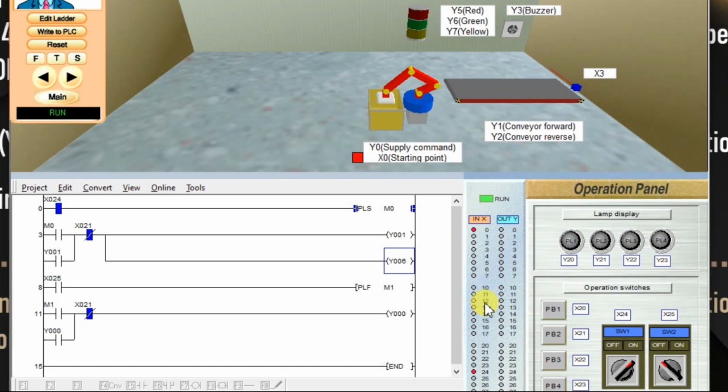So this is the example using pulse type rising and falling edge instructions. You can write the PLC program as per your requirement. We can use either input contact type rising or falling edge instructions, or output pulse type rising or falling edge instructions. This is the same example. We created the ladder logic using both types of instructions. In real-time scenarios of ladder logic programming, you can use any of the instructions, input side instruction or output side instruction. It doesn't matter. You can write your program in your own way. I will meet you in the next session.